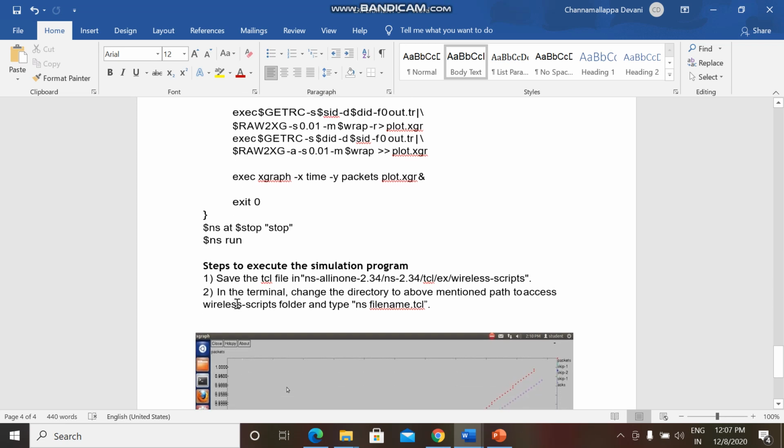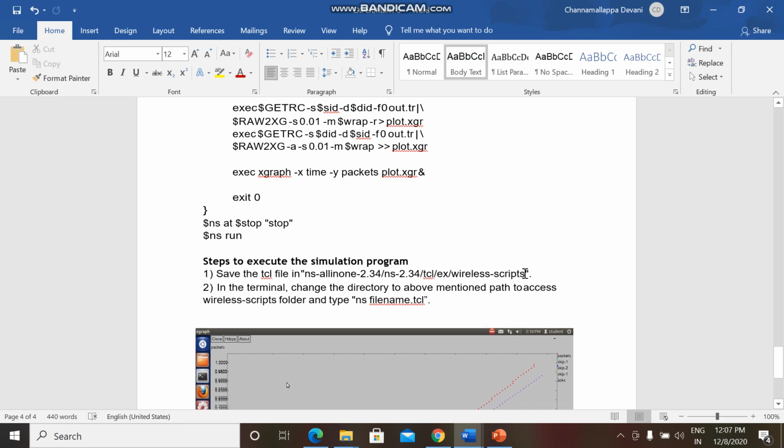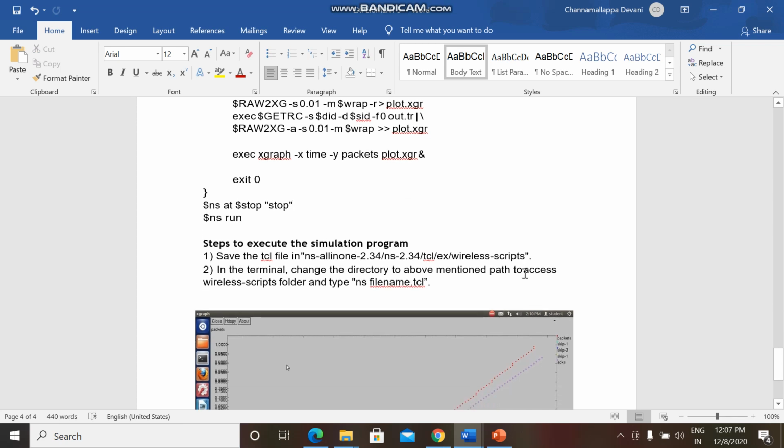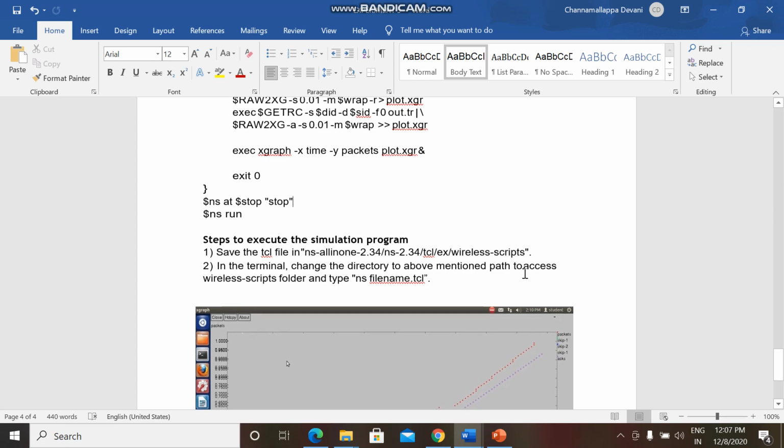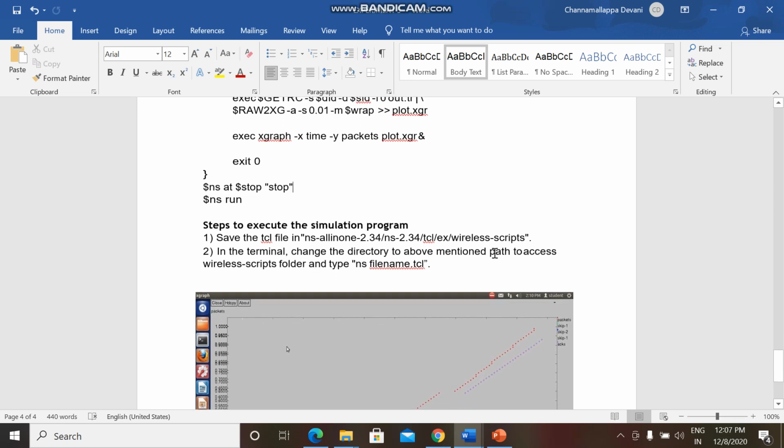The only change that you need to remember for experiment number 5 is that you cannot directly go for gedit filename.tcl for saving experiment number 5. You need to refer to this path. You need to set this path, or if you don't remember it, you can search for web.tcl. Wherever it is, you can set the path to that in the terminal. Within that path, you can create your new lab5.tcl, since we need to refer to the web.tcl file to plot the graph and to study the performance of GSM.